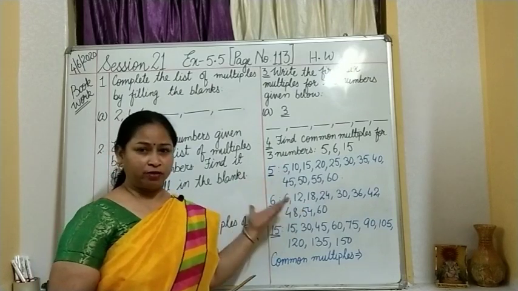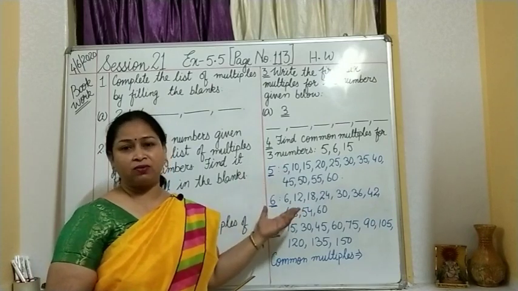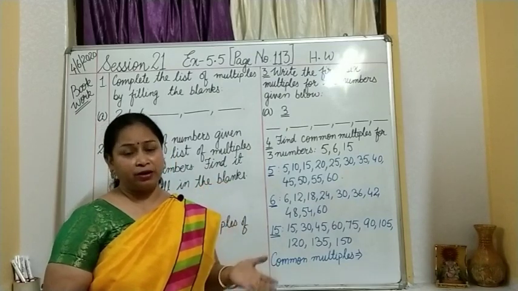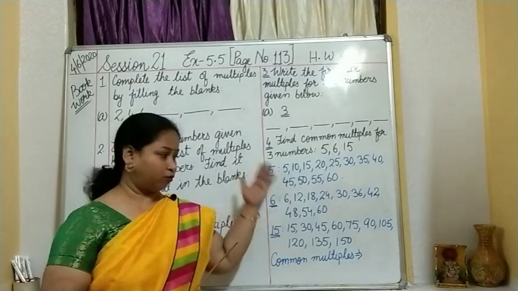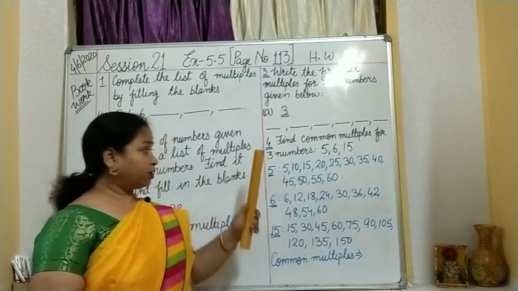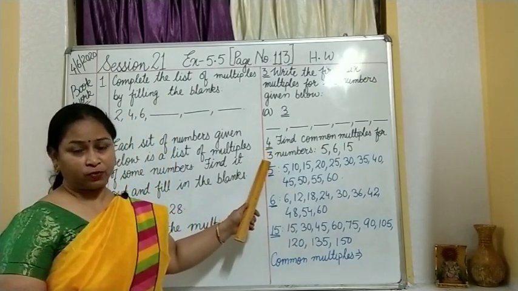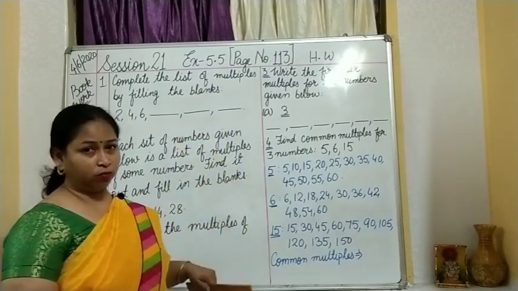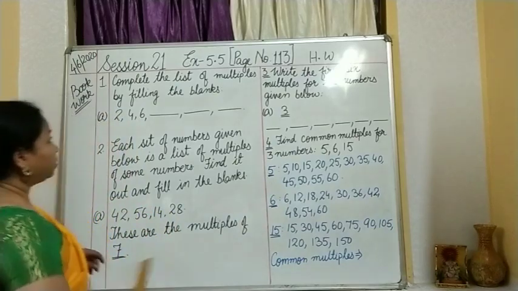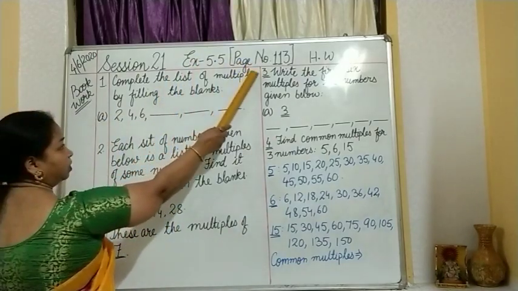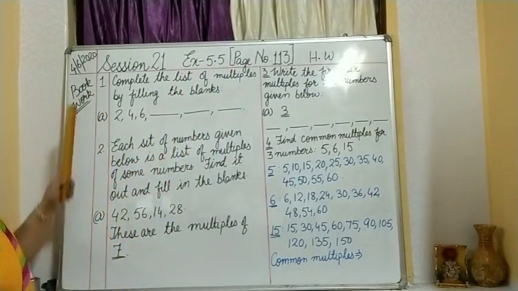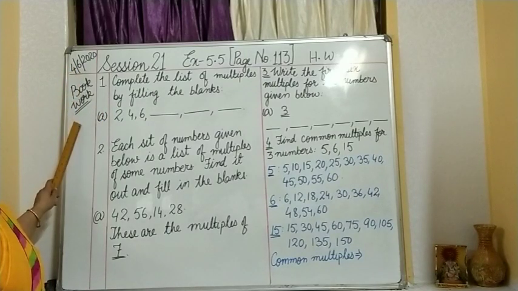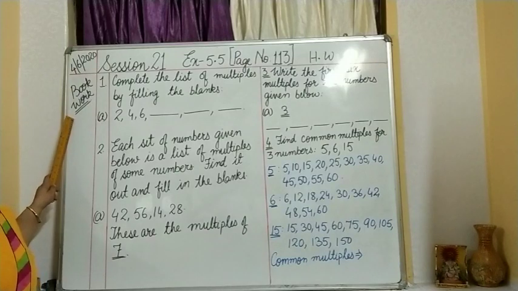And why have I written it over there? I have selected one question from each sub-question so that you can understand how to do it. And you have to do all these questions in your book except the 4th question. Each step I will first explain and tell you what homework you have to do today. So exercise 5.5, page number 113, there you will write down today's date, that is 4th June, and this is a book work.